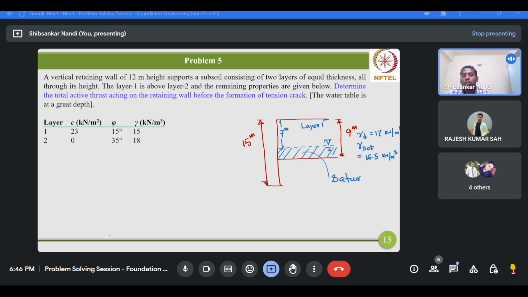So the portion of layer 1 which is below the water table will be under complete saturation, and you should use the saturated unit weight given to you for this portion. Okay, so this would be saturated. Now further